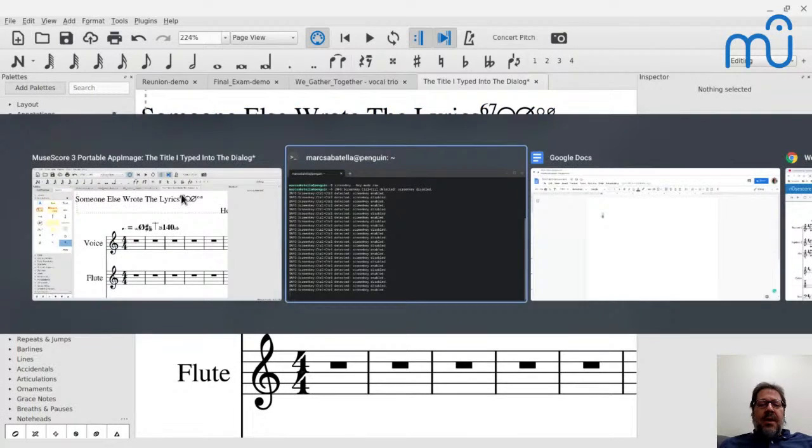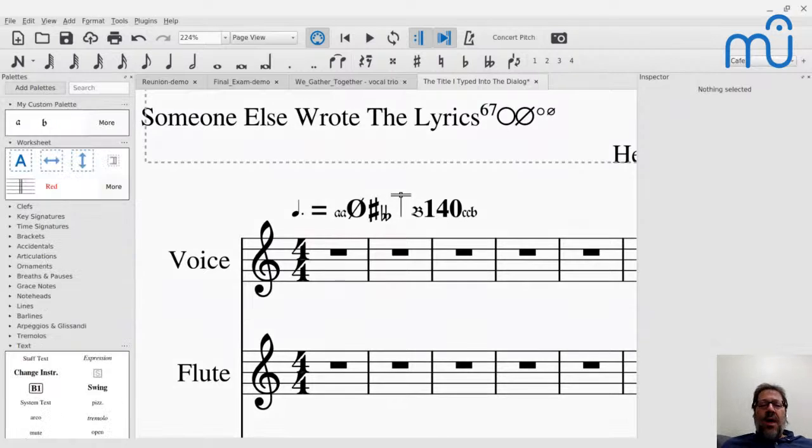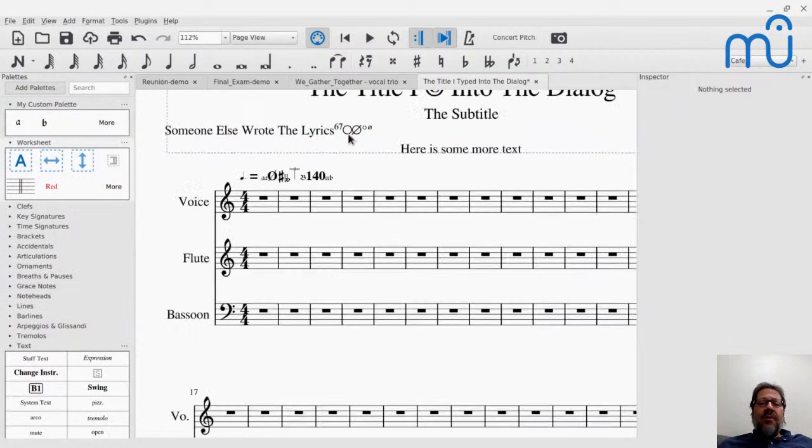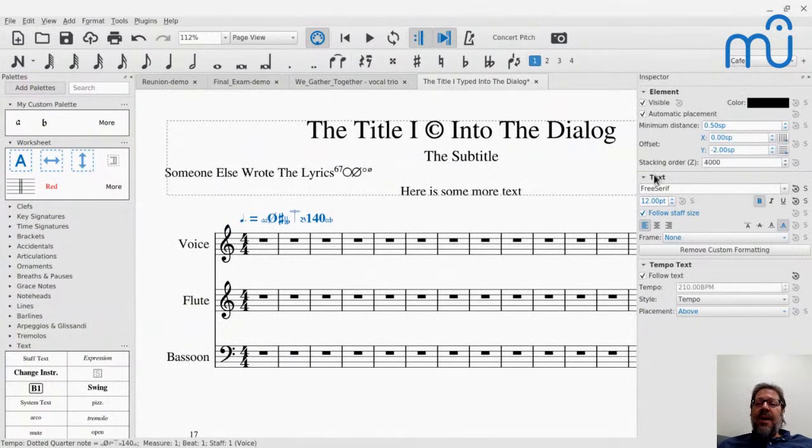So those are some of the things you might want to do when you're adding special characters into your text. You can populate your own custom palette with them. Let me go back to my test palette here. All right, so that's some general stuff. Let me talk about a few more general things here, because I mentioned size in the inspector here.